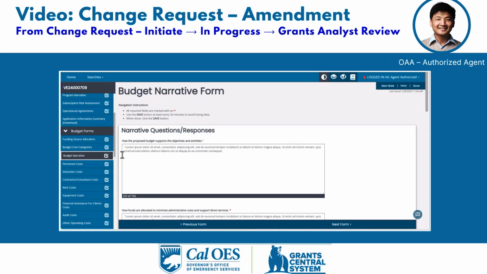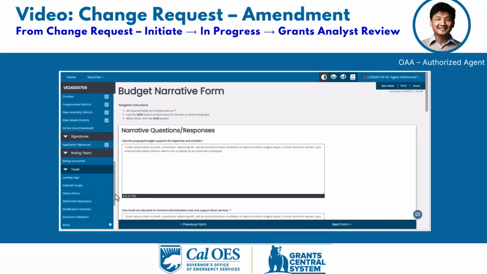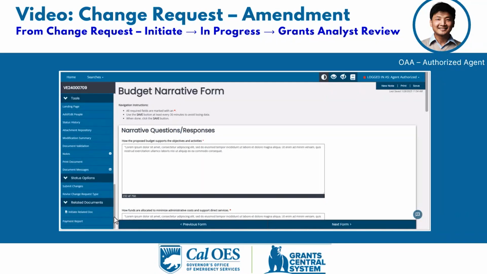I also have the option to click into potentially some of the service area forms, and that would allow me to make edits potentially to those forms as well before selecting my status options. So here I have the option to submit any of those potential changes that I made, or I can revise my change request type. If I select revise the change request type, that would be if I wanted to make a selection for those modifications that we were reviewing previously. I could begin a modification if I needed to, but right now I'm just going to go ahead and submit